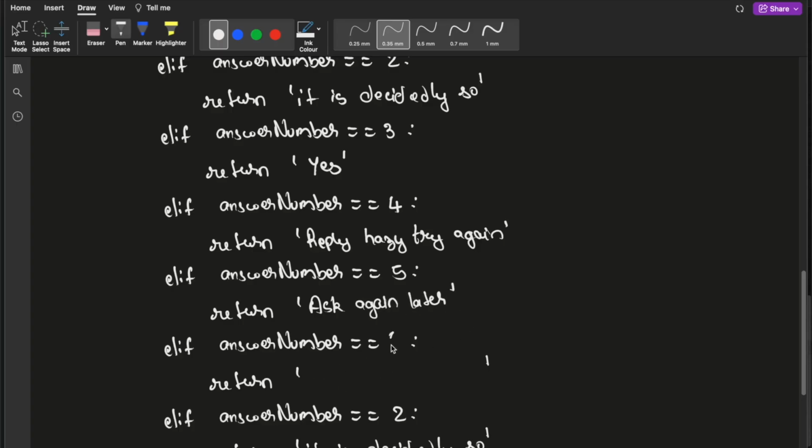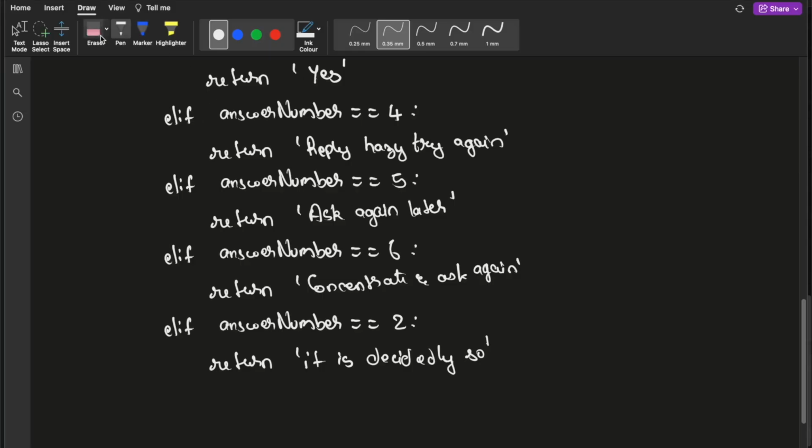Then if it is equal to 6, we are going to return "Concentrate and ask again." Then if it is equal to 7,